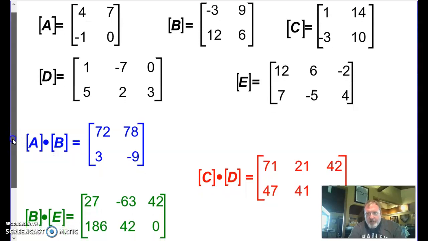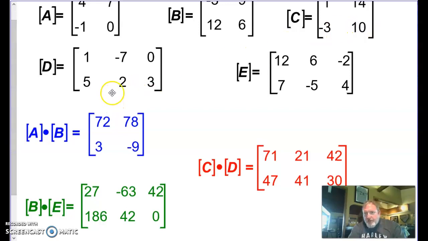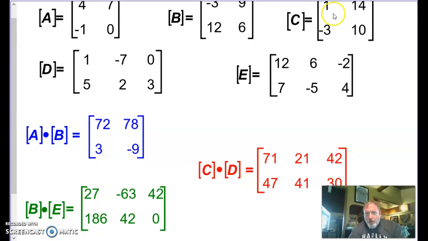And so that's the same steps that I am going to apply for C times D and B times E. I'm just going to slide this down just a tad here. So when you do C times D, this is a 2 by 2. This is a 2 by 3. So again, we can multiply those. We're going to end up with a 2 by 3. And again, you see this top number in C is a 1. So 1 times 1, 14 times 5. So 1 plus 70 is 71. -7 plus 28 is 21. 0 plus 42. Then we'll go ahead and do the second row. So -3 plus 50 is 47. 21 plus 20 is 41. And 0 plus 30,